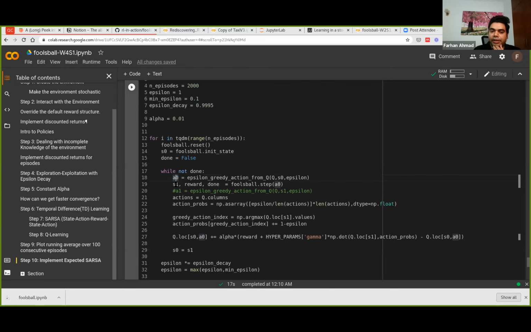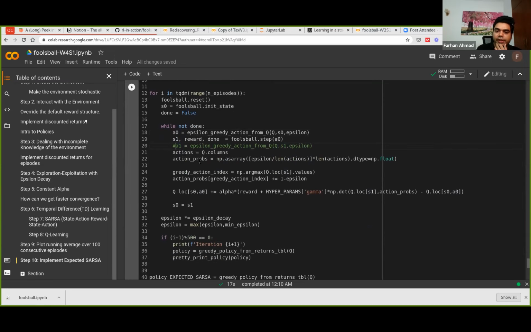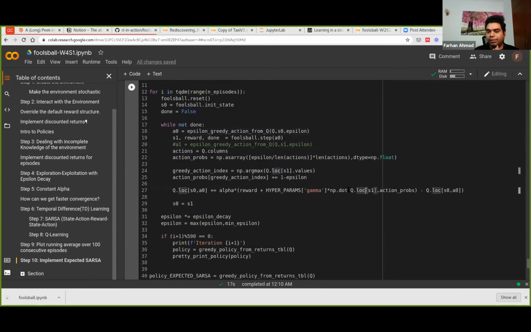But then we don't sample once again, which we were doing with the SARSA algorithm. What we do instead is we require some sort of return value here. So we take all the return values for S1, and then we weigh them by the probabilities of our greedy